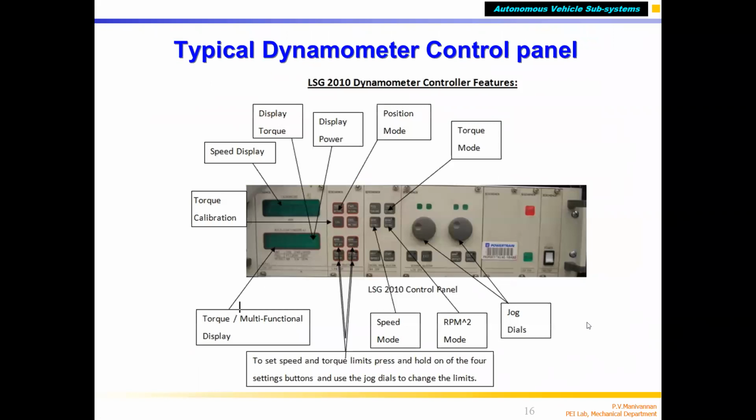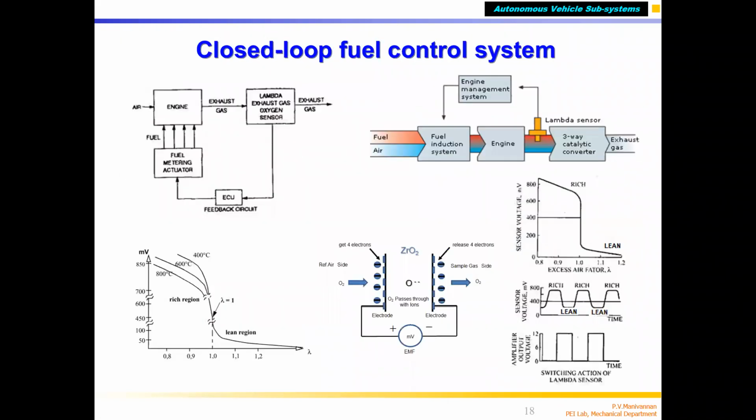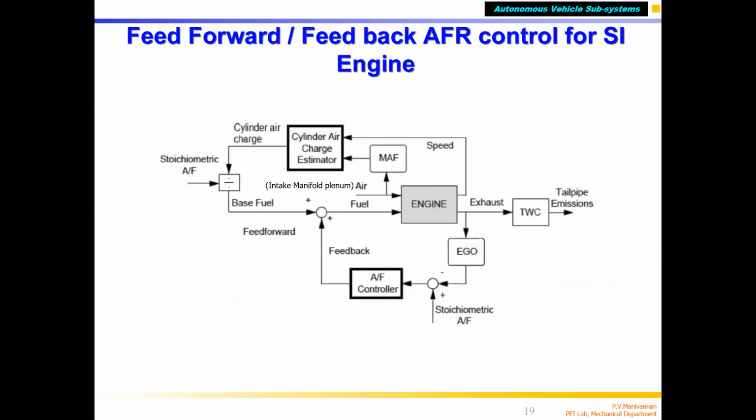So we were talking about the SA engine, mapping, closed loop control, air control, and also finally looked into what you call feed forward with feedback to control air fuel ratio. Why do we need both of these, especially if you are working with closed loop control? Generally, this is a closed loop air fuel ratio control,